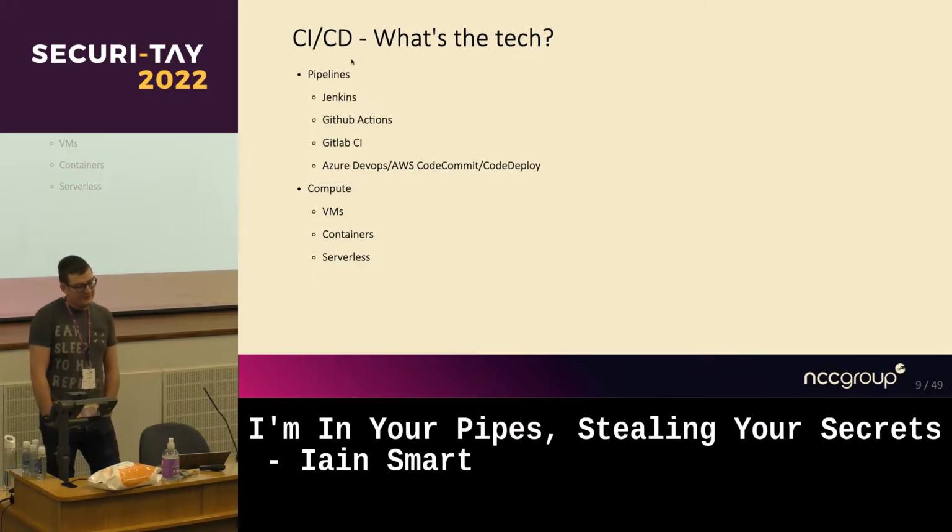And effectively what's happening is when you make a git commit, your CI of choice is picking up the code and saying, right, so Jenkins will say, oh, I'm watching this repo, there's been a new commit, let me take this code and put it into a container to run the actions that I want to run.